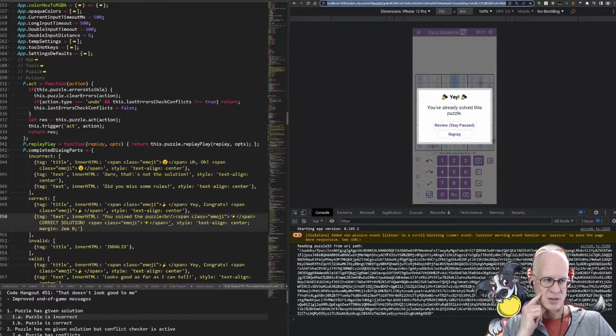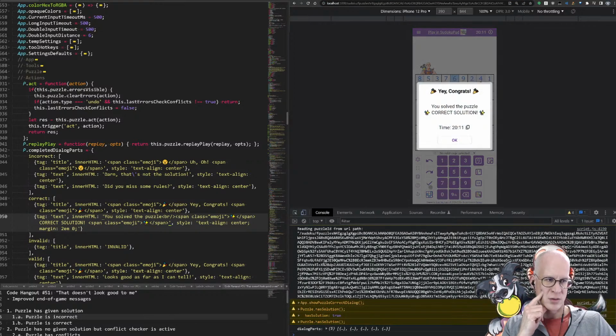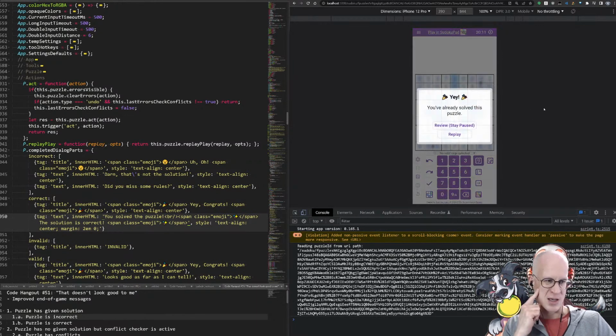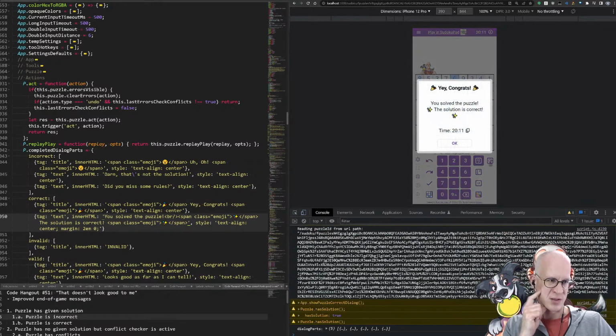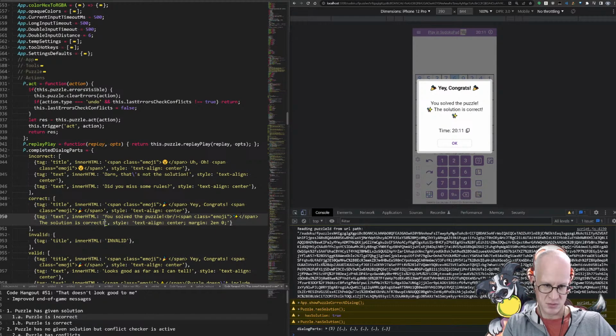You solved the puzzle. The solution is correct. How about just like that? Like kind of two separate sentences? No space for the sparklers now. But maybe with the extra wording...